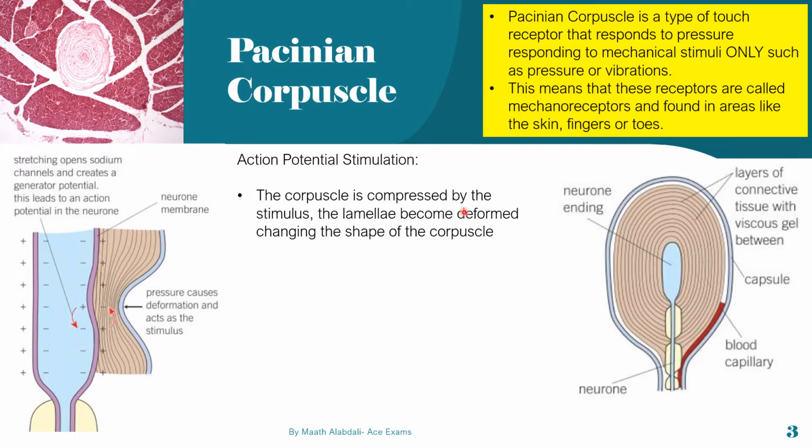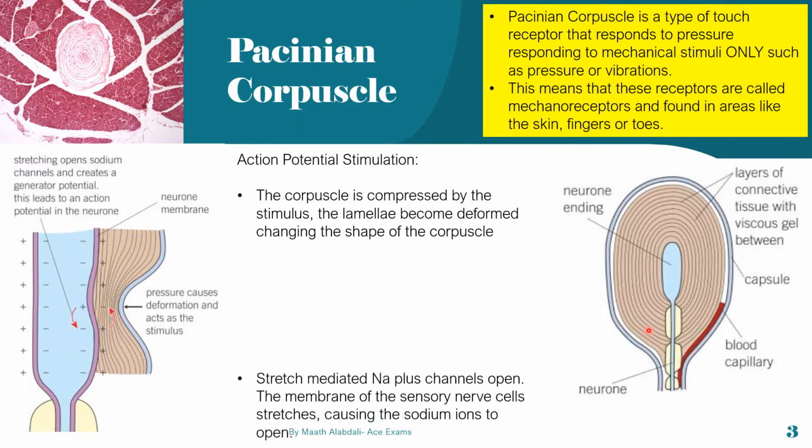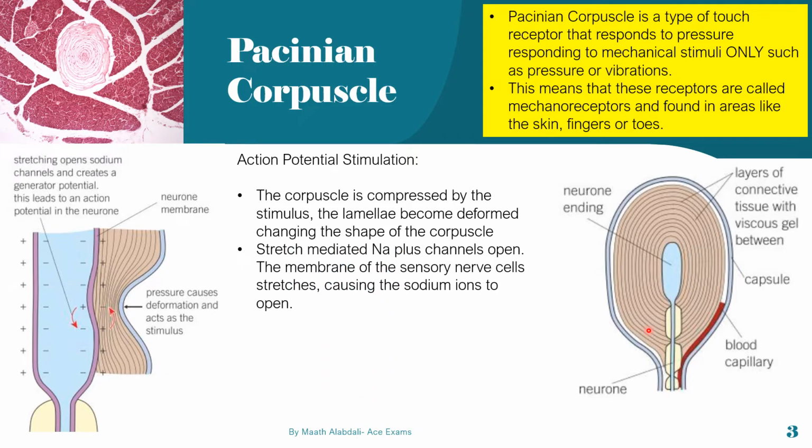And so an action potential is stimulated when the corpuscle is compressed by the stimulus, and the lamella become deformed, changing the shape of the corpuscle. And then after that, stretch-mediated sodium ion channels open because the membrane of the sensory nerve cell stretches, and when it stretches, it causes the sodium ion channels